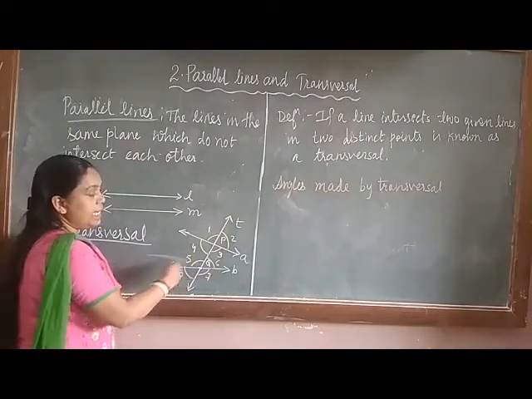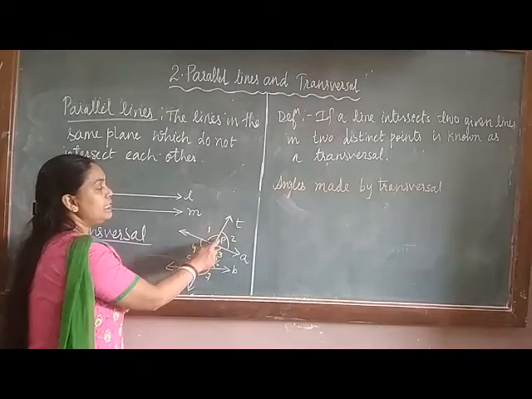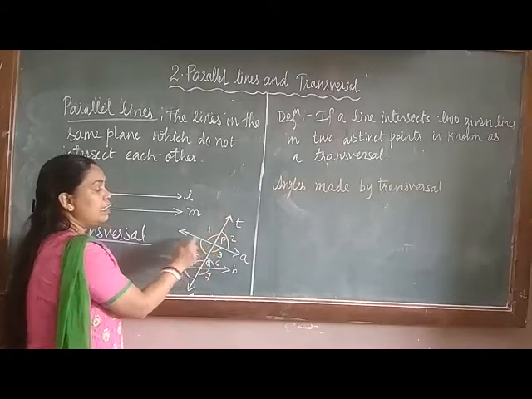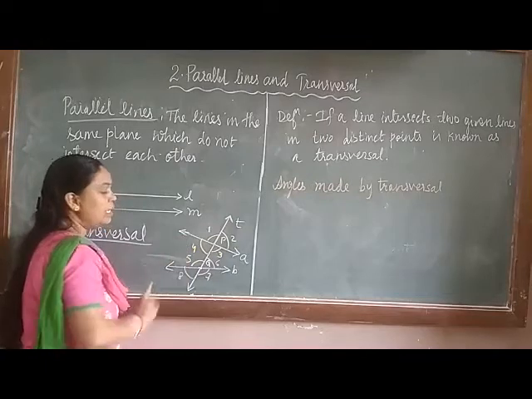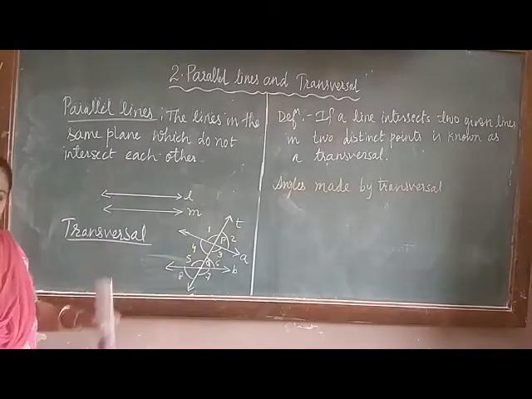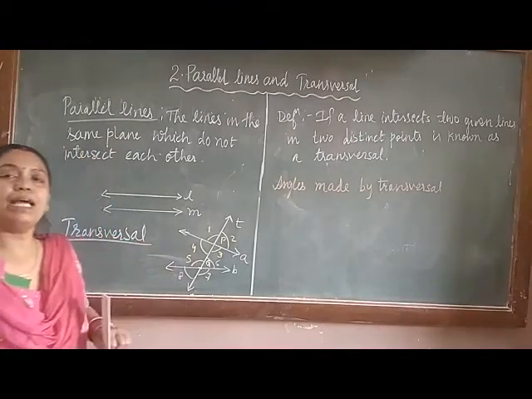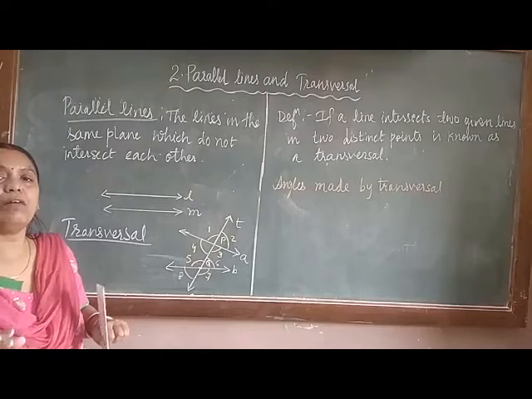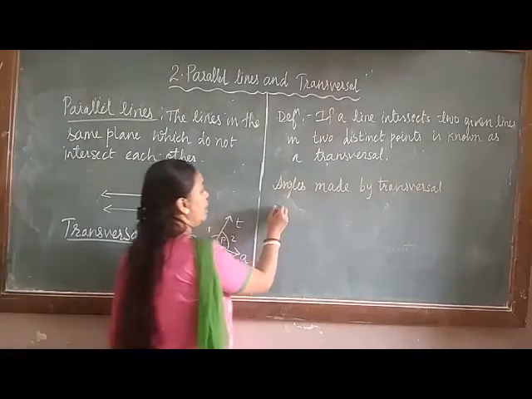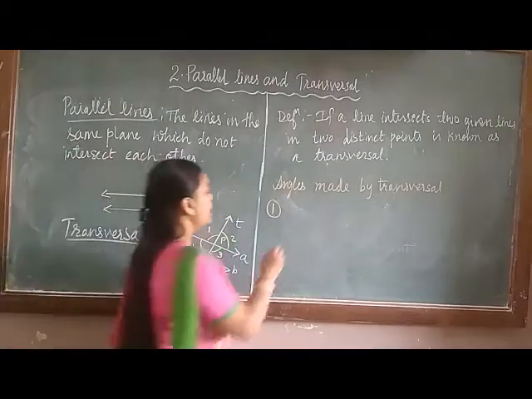You can check any of these 8 angles: one arm is on the transversal, and the other arm is on the line. This transversal is making 8 angles, and they form different pairs of angles. Okay. Now the first pair of angles which we have to understand is